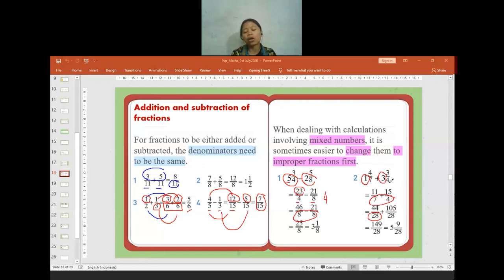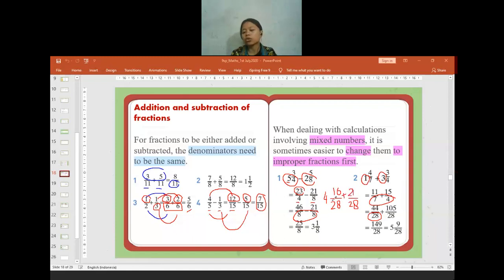They do not have the same denominator, so I have to make them the same denominator, which is 28. From 7 into 28, I need to multiply by 4. So 4 times 4 equals 16 over here. And then for the 4 to become 28, I need to multiply by 7. So 3 times 7 equals 21. So in here, it will be 21.